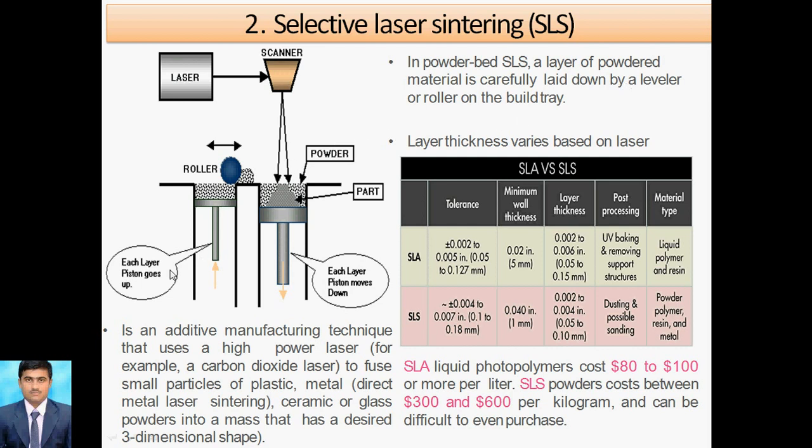So here the material will fit through this roller, and then fill the second cylinder, and after that the laser will be striking on this object, so that finalizes the shape. After that, this cylinder moves down. So after completing this first layer, this cylinder moves down, and here this cylinder moves up because newly inserted